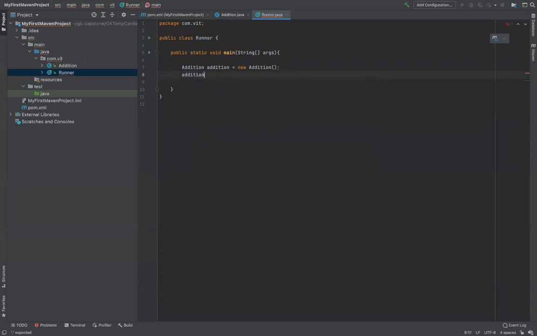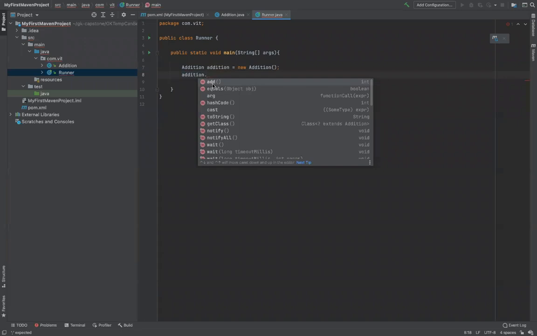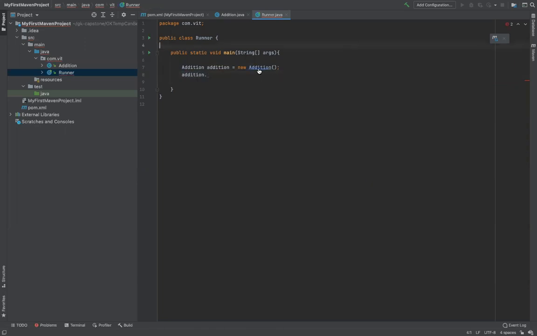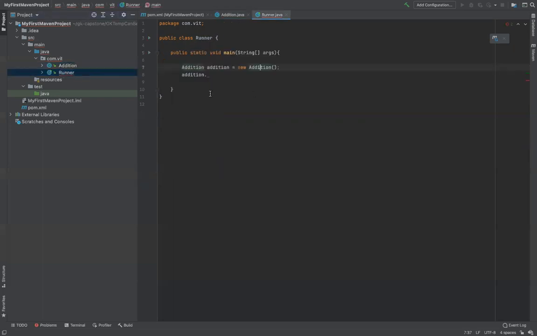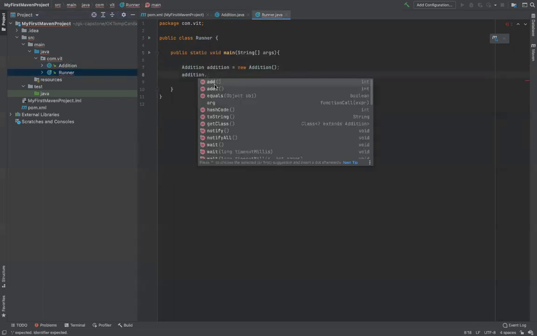Now notice, if I do a dot, there are three things to notice. One is I'm getting the method add here. Second, there are other methods also which I can see: toString, getClass, notify. And if I go inside this class, I don't see these methods here. If I have another method here and I go to runner and do a dot again, I get both the methods.